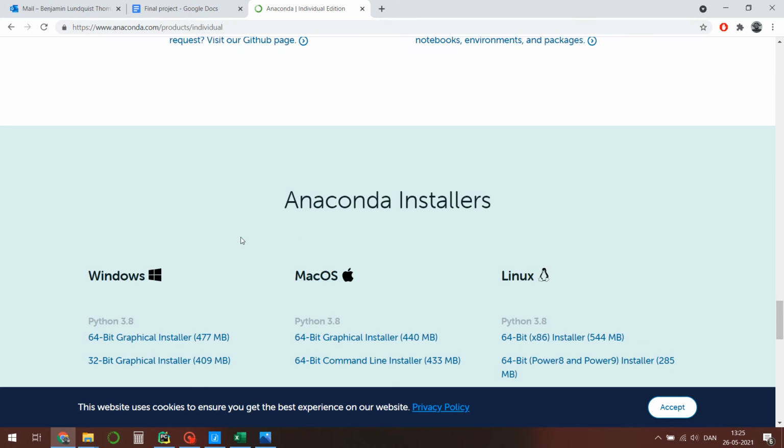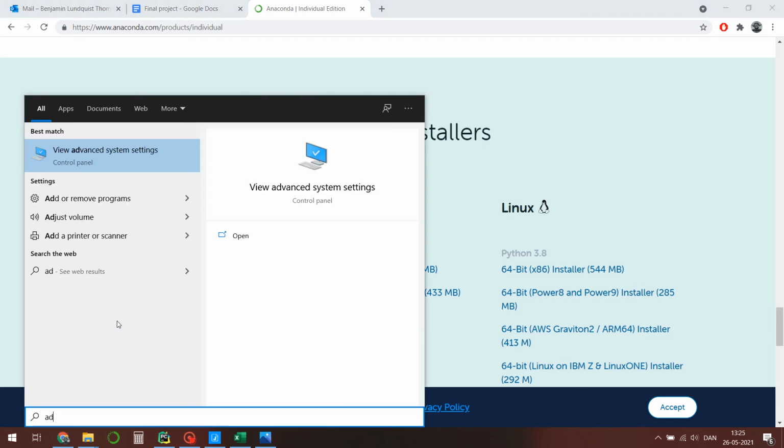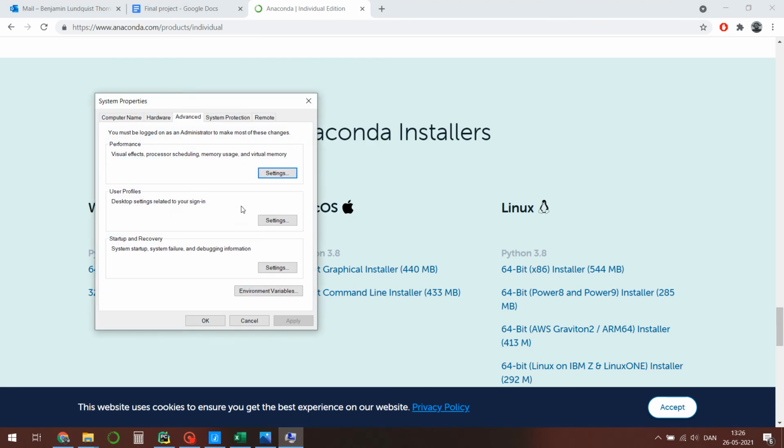there will be the different Anaconda distributions. In my case it's this one, the 64-bit. It's probably the same for you. You download this, and while you are setting it up, it will ask you if you want to create a path variable for Anaconda on your computer, and you will say yes to this. If you forget to do this, you will have to go into advanced settings and create